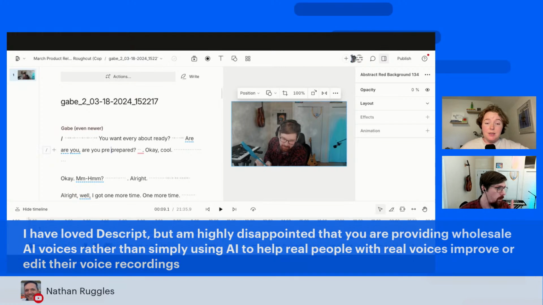Can I add one point just on the stock speaker thing? Sure. Those are not just fake AI voices. We hired actors. Those are real people who gave us consent to make their voice as well. So it is for the use case that you mentioned, of "I cannot speak for myself currently," is the best way to think about it. Totally. Yep. So just want to call that all out.